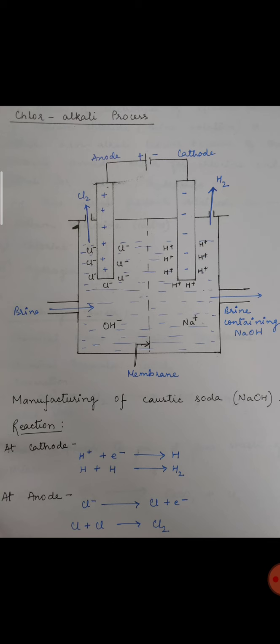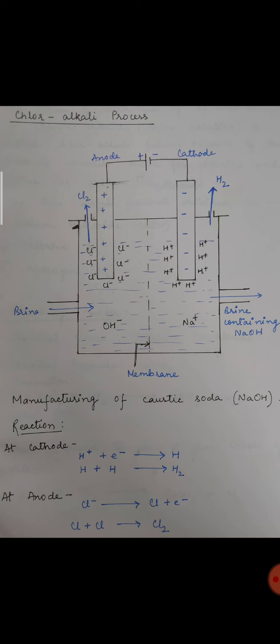Now what happens, see, we have 2 positive ions and 2 negative ions, but only one positive ion will migrate towards the cathode and one negative ion will migrate towards the anode. As you can see, the cathode is the negative electrode and the anode is the positive electrode. So as the cathode is the negative electrode, the positive ion, because of the attraction between opposite charges, will migrate towards the cathode, and towards the anode the negative ion will migrate because the anode is the positive electrode.